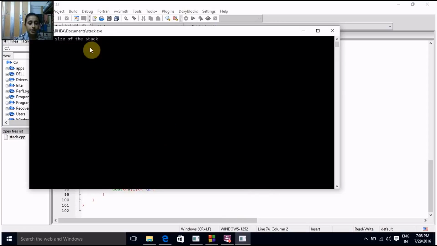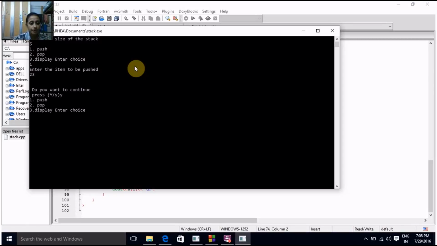Now let us enter the size of the stack. Suppose we take it as 5, and then it is asking the user to enter the choice. Suppose we are entering 1, and enter the element to be pushed into the stack. Suppose if we enter 23, that means this is the first element of the stack. Now the compiler is asking whether you want to continue, and if we press Y, then yes, they are showing